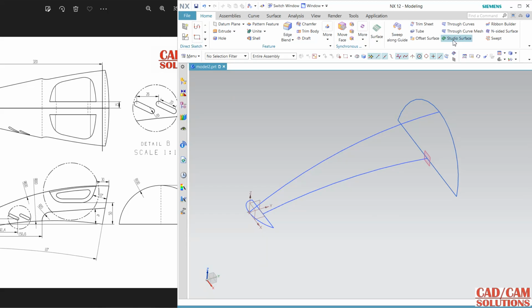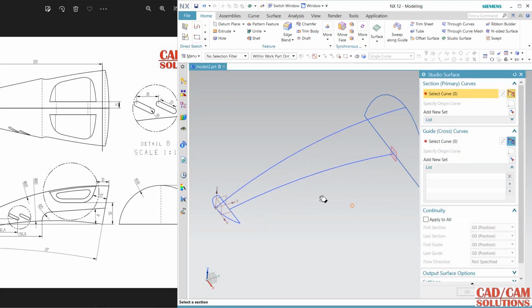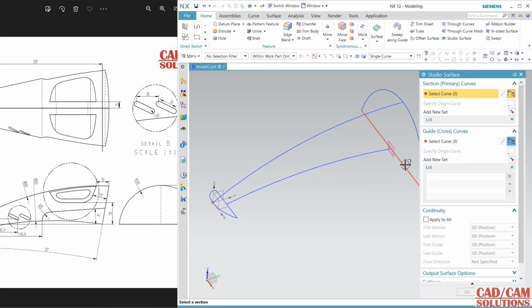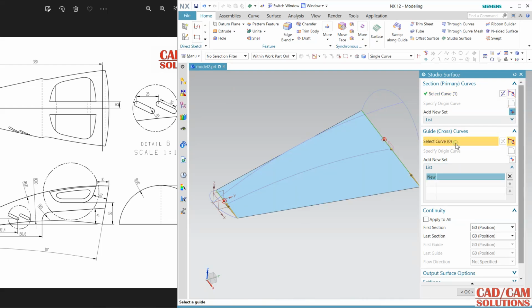Now I'm using Studio Curve to make this curve in surface. So first curve, add, second curve, and the guide is this one, right? So first surface is created. Now apply.